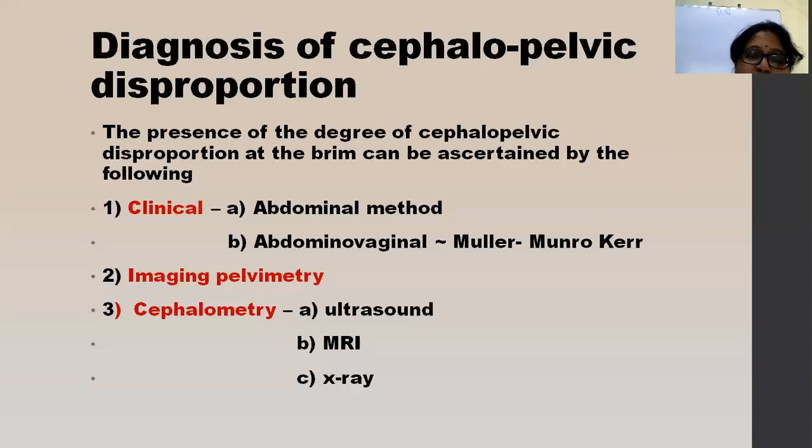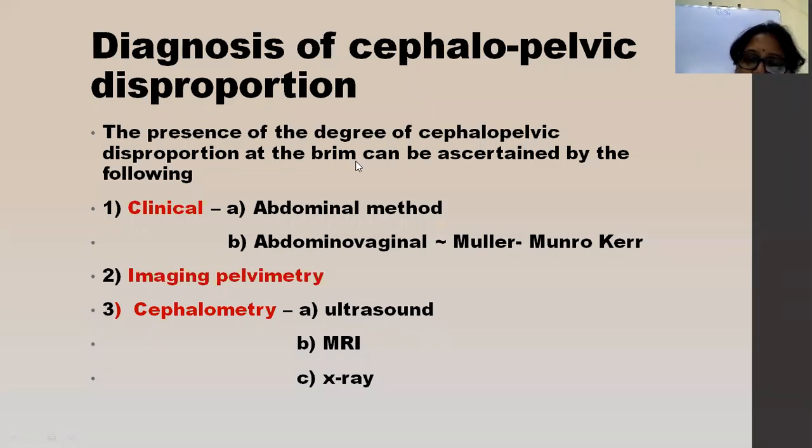So finally, we have seen, we have taken history. Then how do you diagnose cephalopelvic disproportion? Diagnosis always starts with taking the history of the woman. What I have told you previously, that is, you have to take the medical history of any diseases like rickets, osteomalacia, or any tuberculosis of the spine or the pelvic joints, or any polio in the past history, or any other injuries we can ask for.